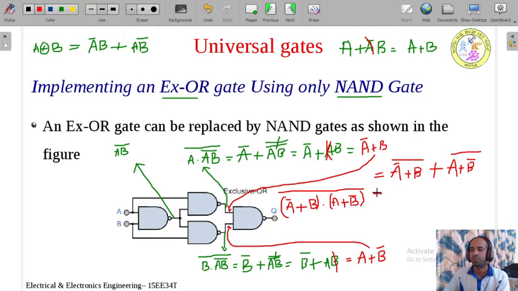How will I apply the De Morgan's theorem? I will take this as variable A and this as variable B. It is something like A plus B whole bar, and from the De Morgan's theorem we know that A plus B whole bar can be written as A bar dot B bar. So I will separate the variable. A bar is the one variable. Add one more bar because of this one. Replace this plus sign with the dot sign and B bar. B you write and bar you add.